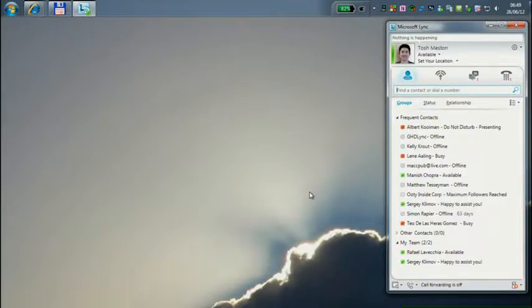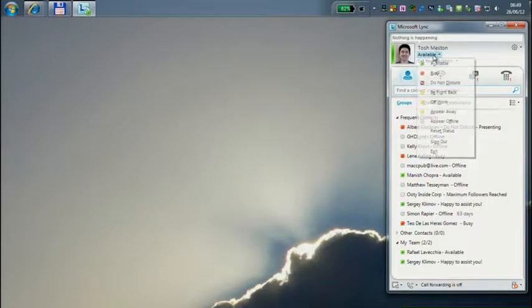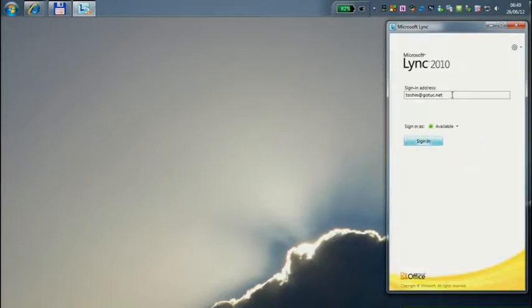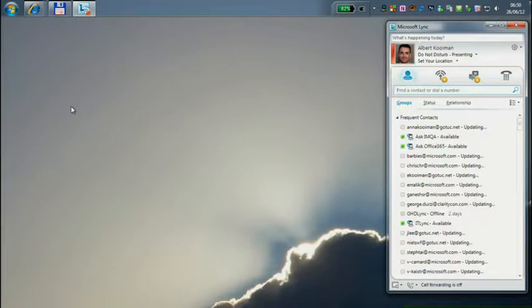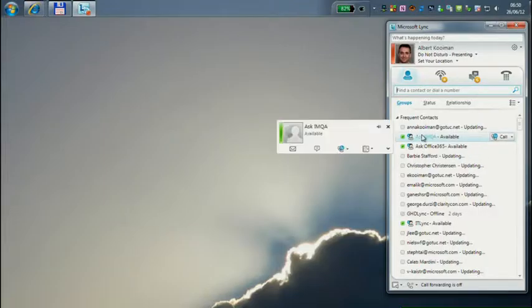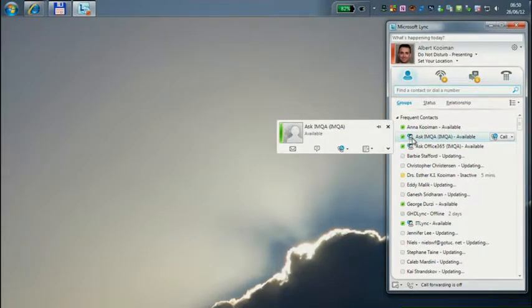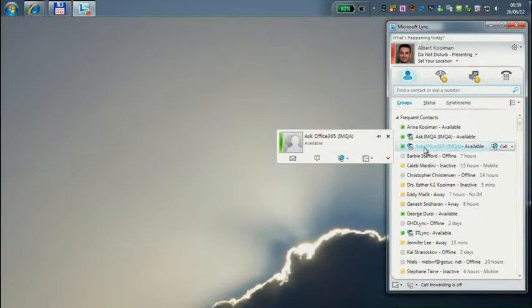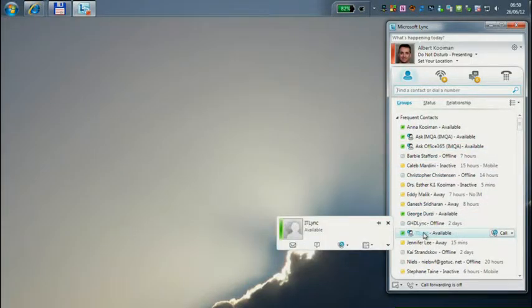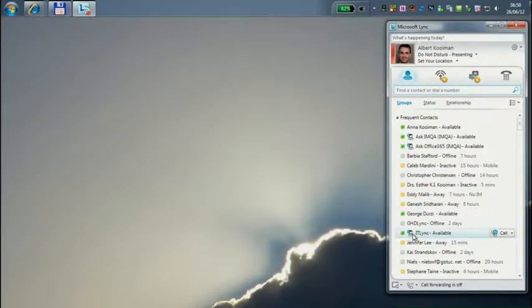So we have a bot inside Microsoft. Maybe I should actually log out, sign out, and sign in as a Microsoft user. Okay, so here, by the way, are bots, how they appear inside Microsoft. This is an expert finder as well. So if you have a question about Office 365, you can click on this one and you can ask the community about that. The one that I wanted to show you was this Microsoft Help Desk. This is a bot as well. So you can see actually the gear next to the person. So it's not a real person.